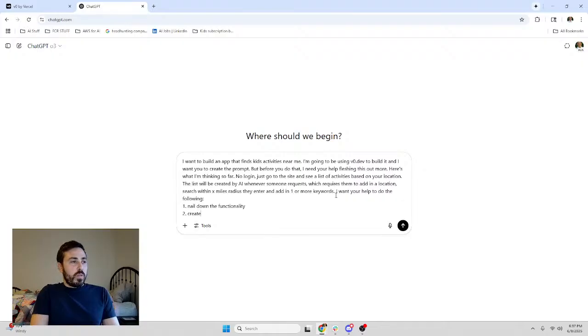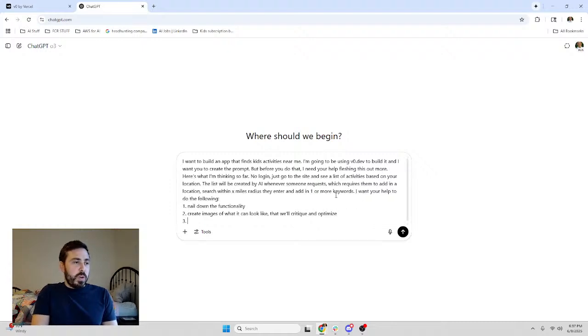Create images of what it can look like that will critique and, you know, optimize. Three, we want to create the prompt for v0.dev to do this, including connecting with AI. Now, one thing I'm going to show you real quick is you really do want to test